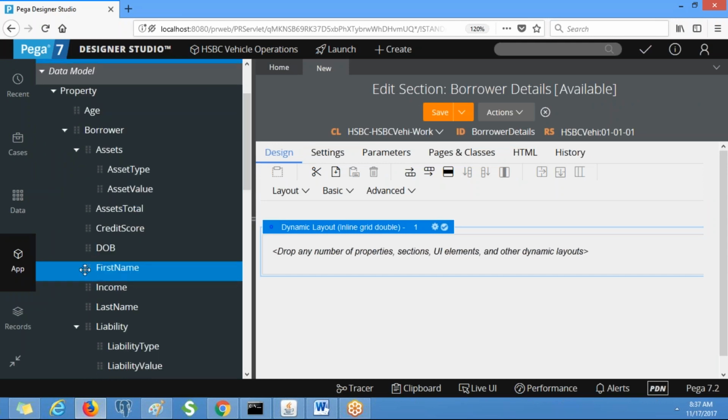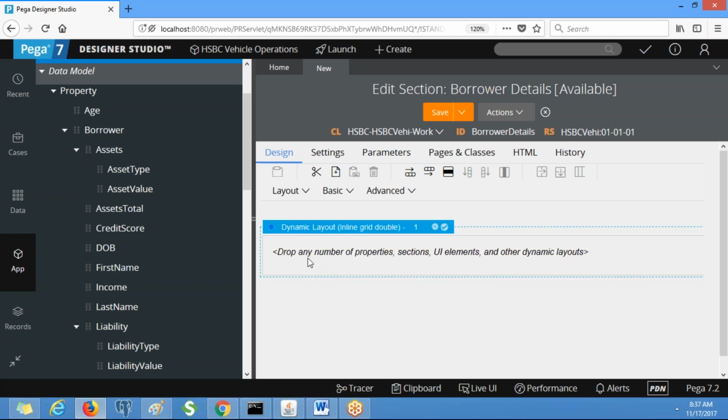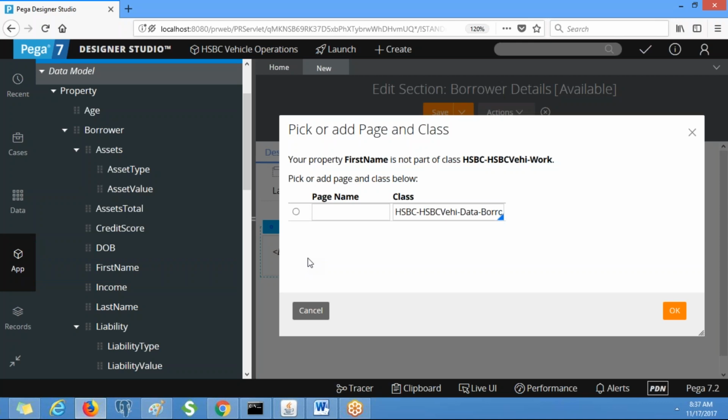This comes under borrower first name, right? When you drag the properties which are in the page class, you need to give the page name here. What is the page name? Borrower.